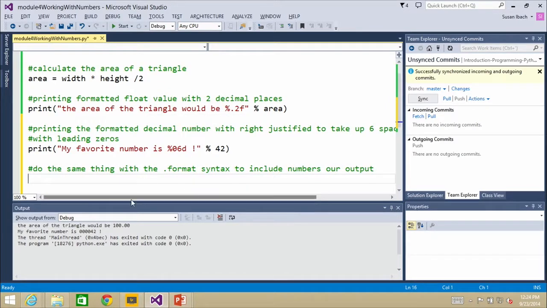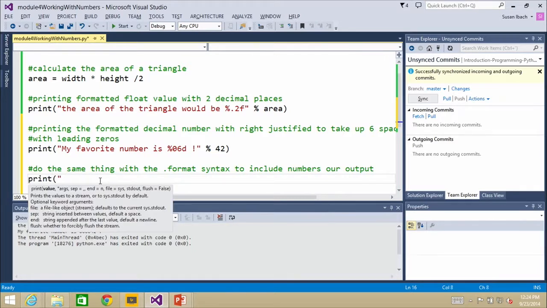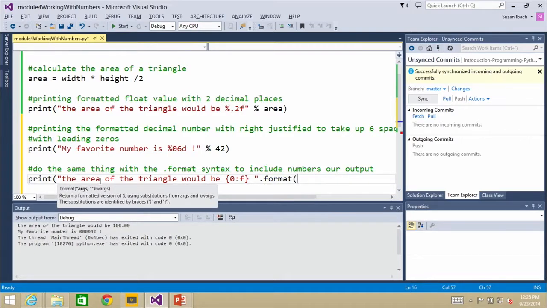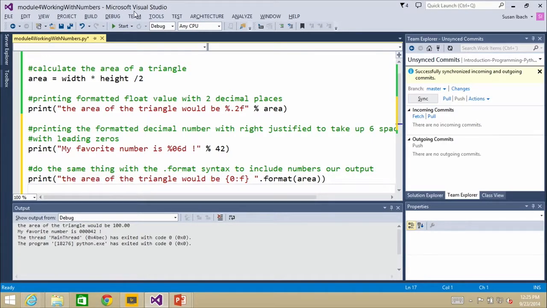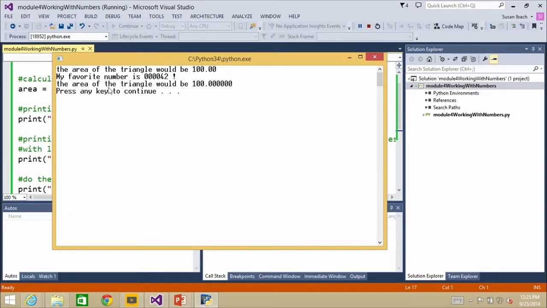So what I'm going to do is print the area of the triangle would be, and remember my placeholder is different. It's going to be open curly braces, first argument, which is a float, and then instead of a percent symbol, I say .format, and I pass in the argument, the number that I want to pass in, which is going to be my first argument. That's why it's position 0, and in this case, that is the variable area. All right, let's make sure that works. So there we go. The area of the triangle would be